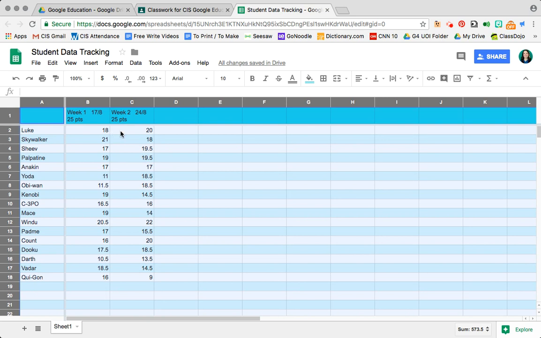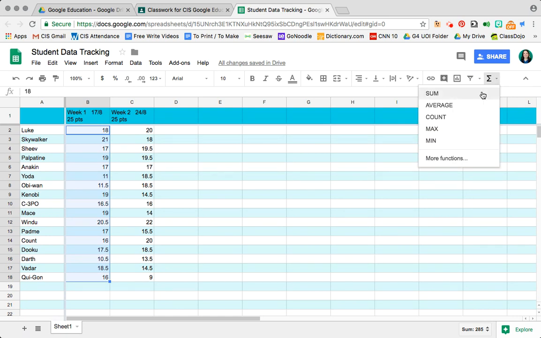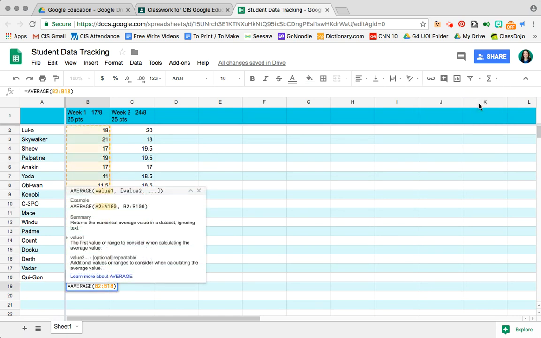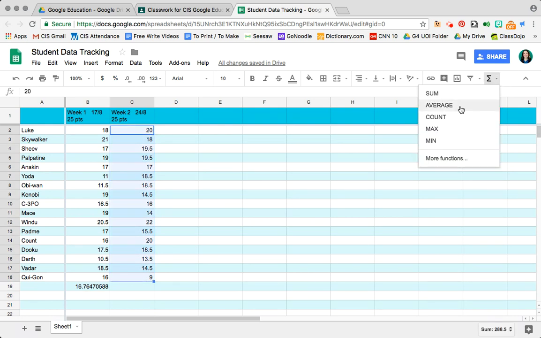For average, for week 1 and 2, I'm going to select the section of data I want to find an average for and click my functions key, average. This will input the whole formula that maybe you have memorized, maybe you don't, and you press enter. It calculates the whole section of week 1 averages in the box below. Same thing for week 2, function, average,